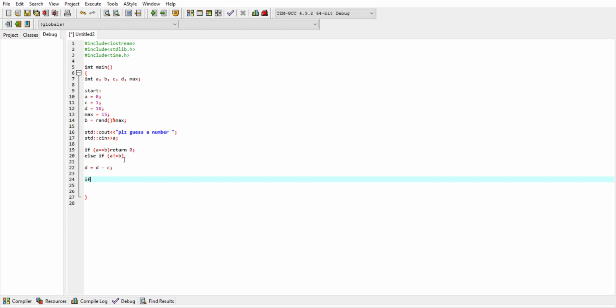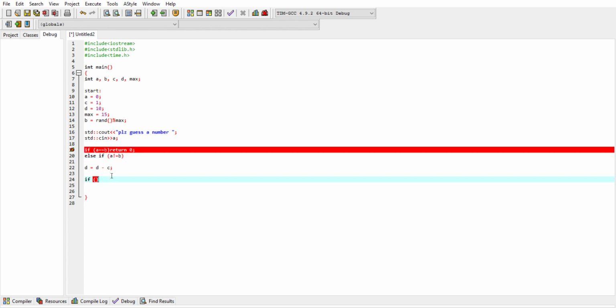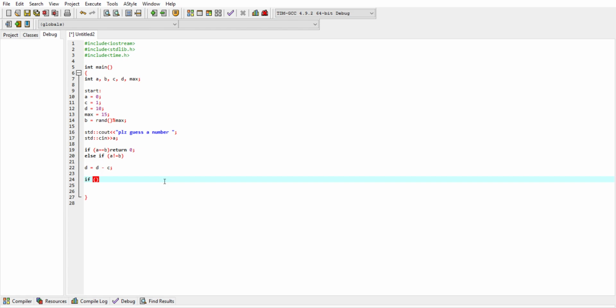And then if, now we're going to invert the same code. Not the exact same code, but the same code except for the D and the 0 thing for the lives. So if D does not equal 0,